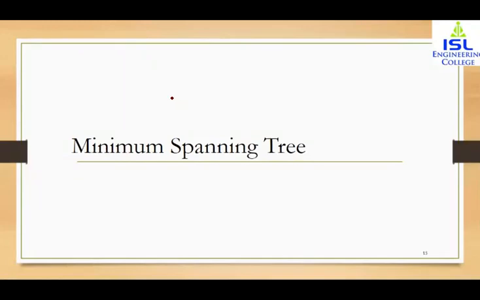Suppose we have an example where minimum spanning tree is used. Suppose we have a company which plans to build a communications network connecting its 5 computer centers. So there is a company and it has 5 data centers. Now this company makes sure that each pair of these centers is leased or is connected to a telephone line. Then the question is, which links should be made to ensure that there is a path between any 2 computer centers so that the total cost of the network is minimized.